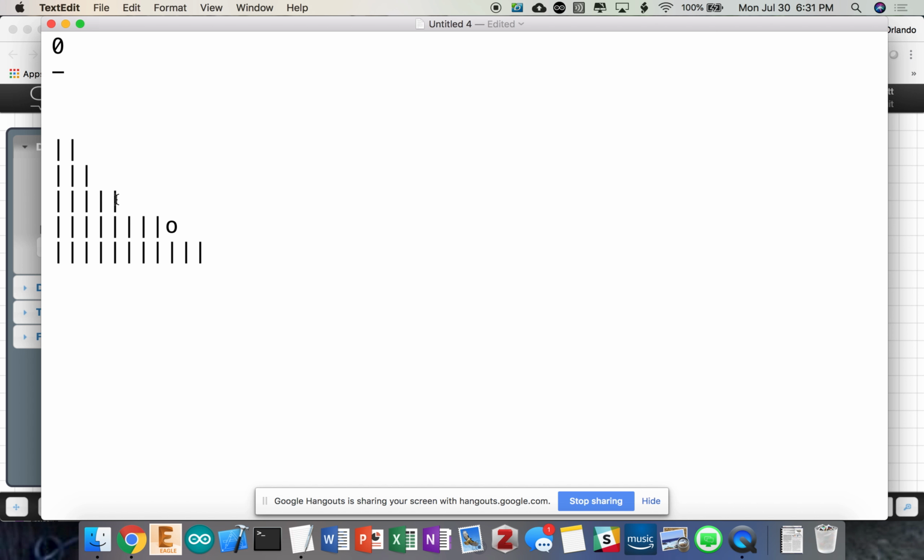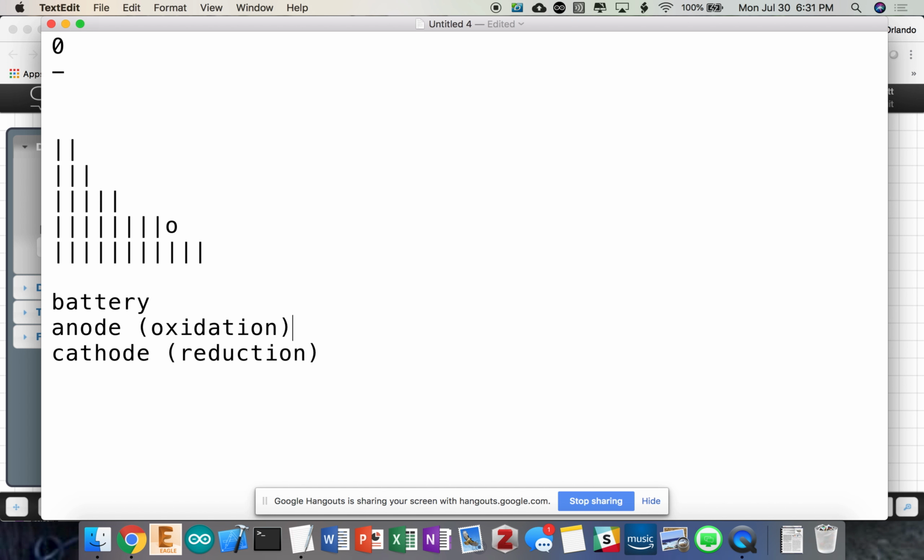So in the case of a battery, you have an anode and the cathode, right? Oxidation occurs at the anode. Oxidation involves loss, so electrons actually flow from the anode to the cathode, right? Mm-hmm. So a battery only has a positive 9 volts or a positive 1.5 volts or a positive 3 volts, etc. If I put two batteries in series,